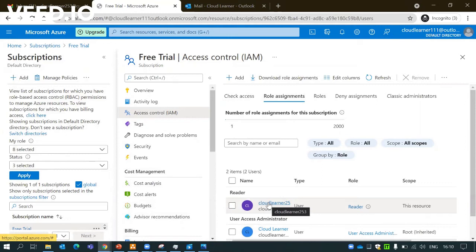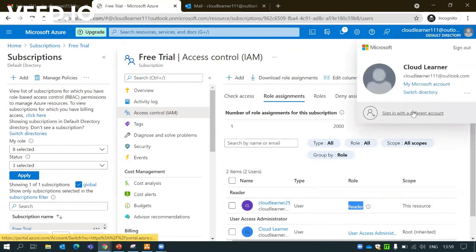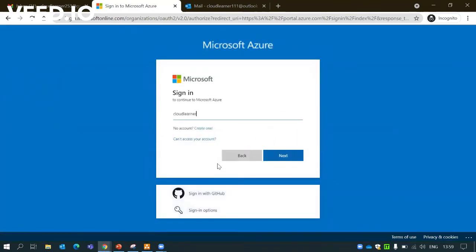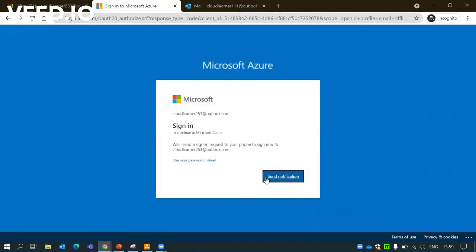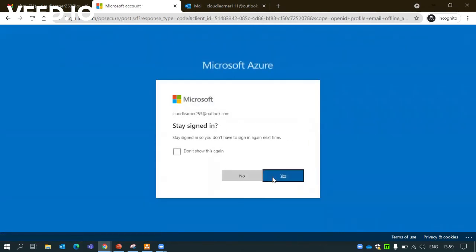Let me switch to this Cloud Learner 253 account. Sign in with a different account and log in with Cloud Learner. Yep, I'm authenticated with the Cloud Learner 253 account.